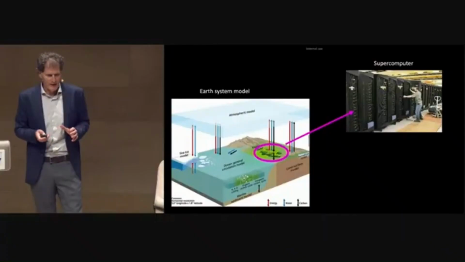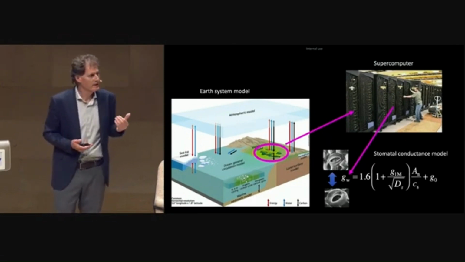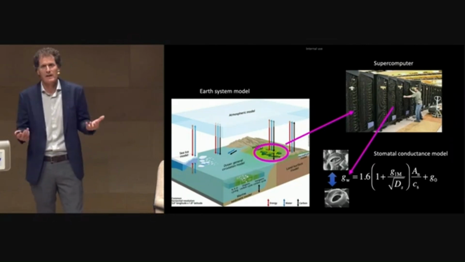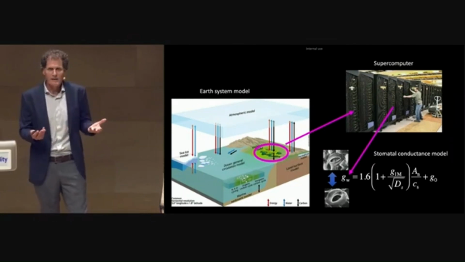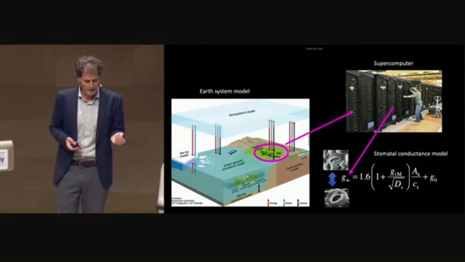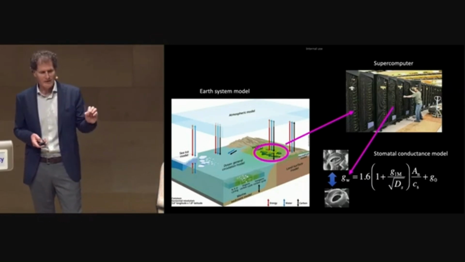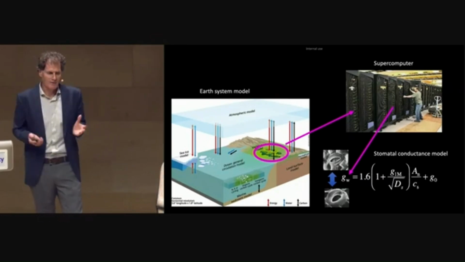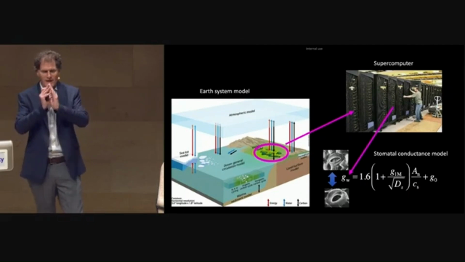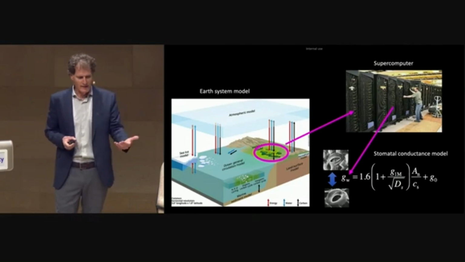So global climate models, as you know, run on massive supercomputers, and buried within the thousands of lines of code are, of course, models. All of the talks that you've heard today are basically models. All our understanding of the world around us is basically models, but we need good models and reliable models. And one of the questions that we're asking is about this model, where GW there on the left is basically the stomatal conductance. It's a representation of how wide open or closed those stomatal pores are. And this is a simple model.